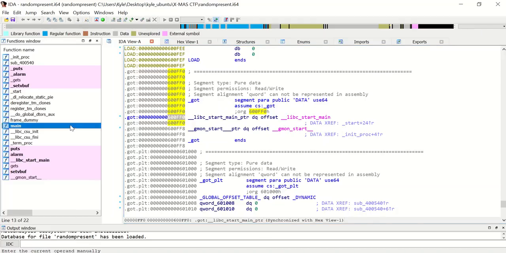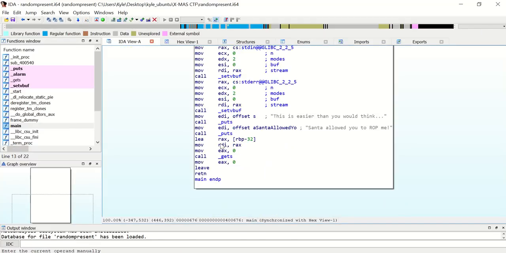But it's actually not that simple, because if we go back, we realize, yes, it is a 64-bit binary, so we can't just simply add the address to the stack and call it. Instead, what we have to do is find a way to load a value into RDI, the destination index register. At first that doesn't seem like a very simple thing to do, but if we think about it for a bit,